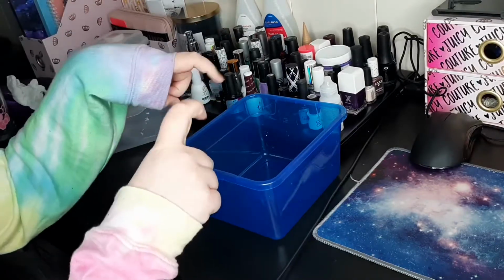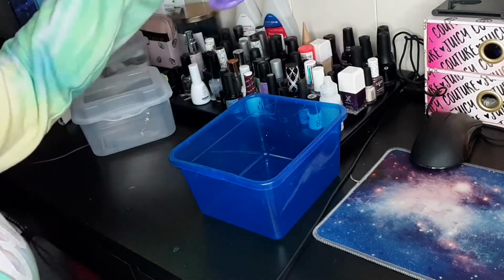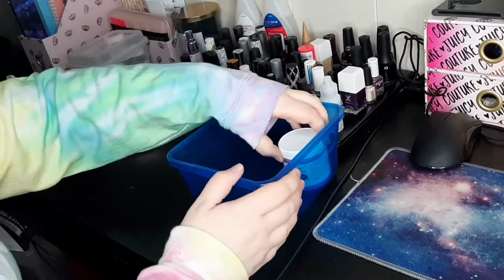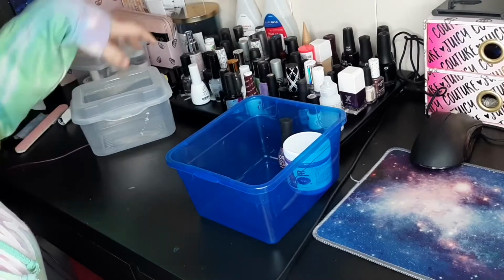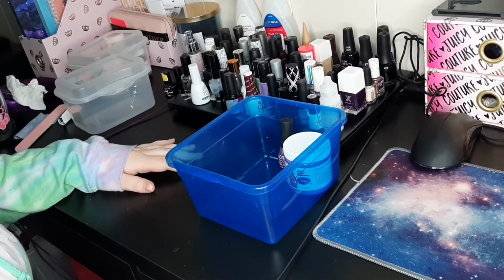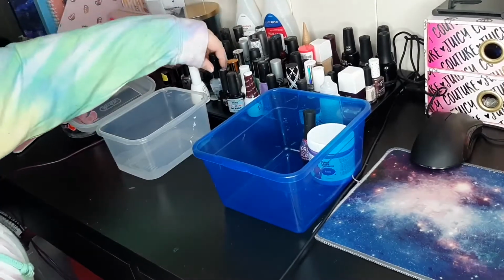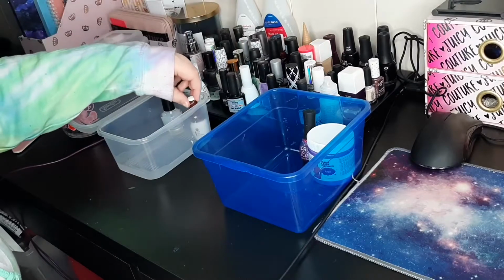So starting with the blue container, the first thing I grabbed is this liquid latex. This is something that I use around my nails to clean up any messes. I don't use it super often. There's also a holo bar glitter kind of nail polish in there. I leaned the clear container against a candle jar for stability, got peel off base coat, and then a finger